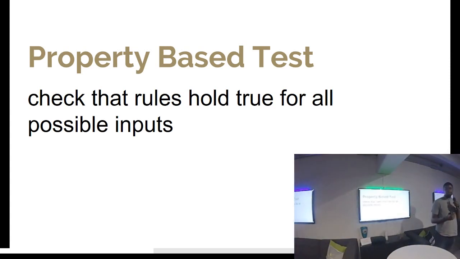So property-based testing is a check against rules that hold true in every single case. A property of a clean room in our scenario with the toddler would be: are all the toys placed in the correct bin? You could also ask, is all the garbage placed in the trash? Or is the ground completely clean and clear? See, these are examples of things that are always true in every case.